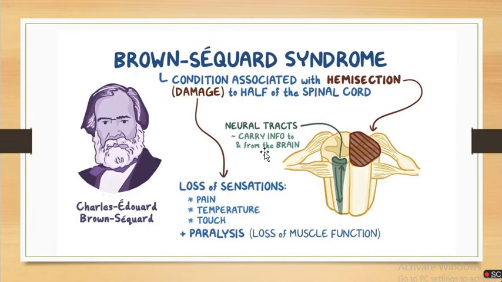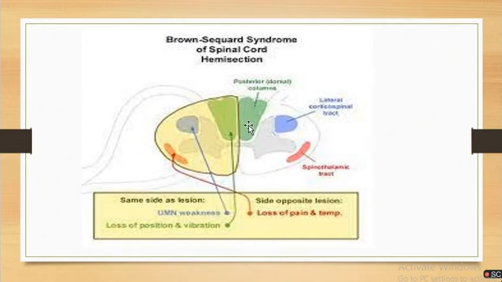I'm not going into the detail, I'm just giving you the basic concept. The ascending tract takes sensation from the periphery through the dorsal column into the brain. And the descending tract comes from the brain and goes through the anterior column. Here they show just one, but actually the ascending tract goes through the dorsal column and the descending tract goes through the anterior column. Okay, so this is the main picture, this is the main pathology of how the half spinal cord